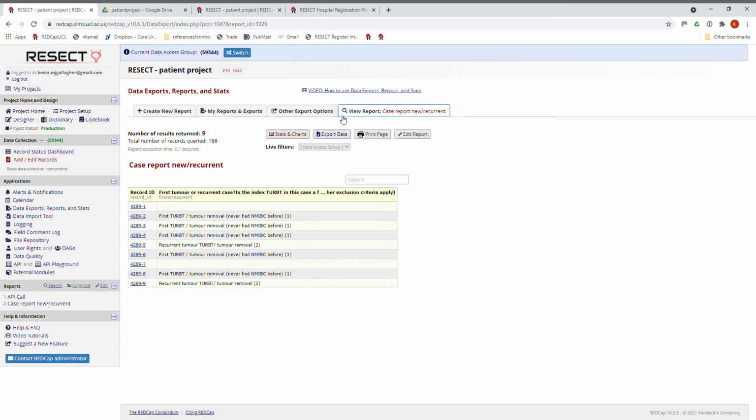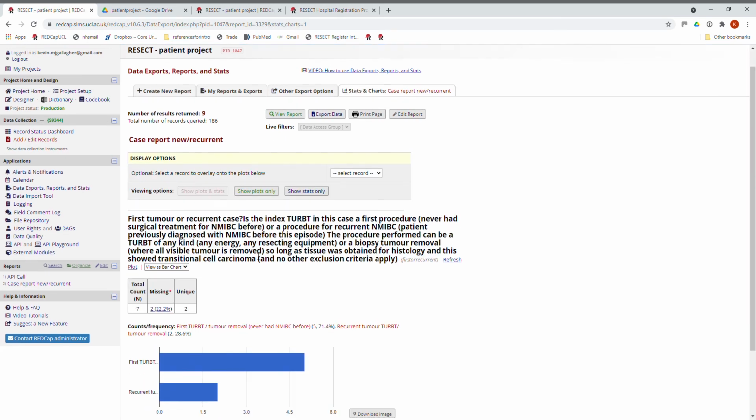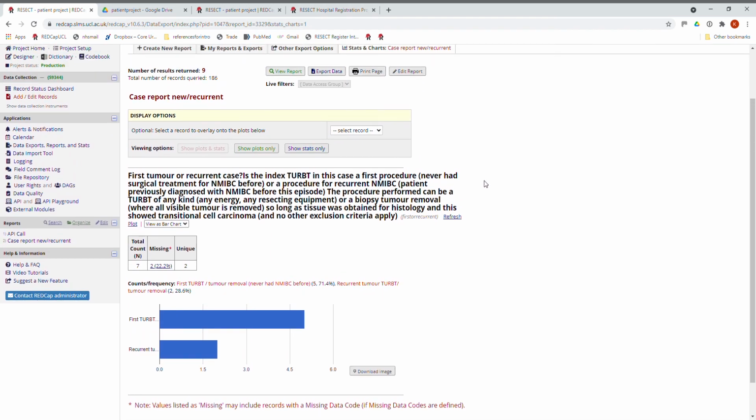And if you want to see how many of each there are so that you can tell if you're meeting the study requirement, remember it is a stipulation of the study that at least 80% of the cases submitted must be first TURBTs in patients who never had non-muscle invasive bladder cancer before, and a maximum of 20% can be for recurrent